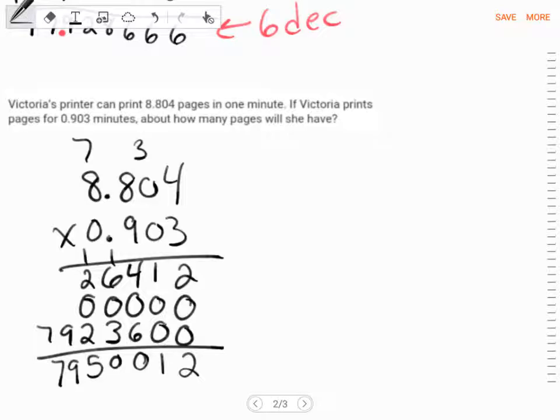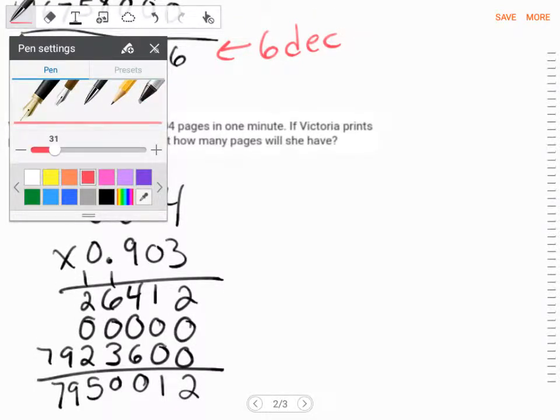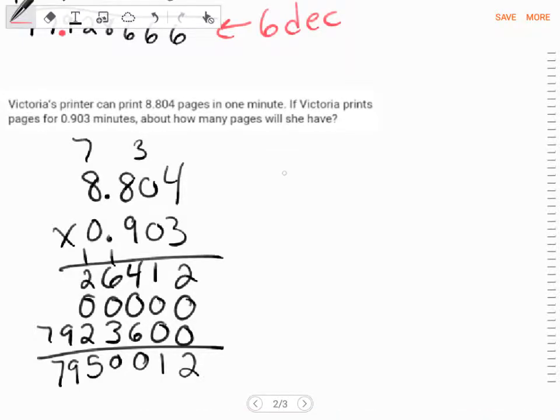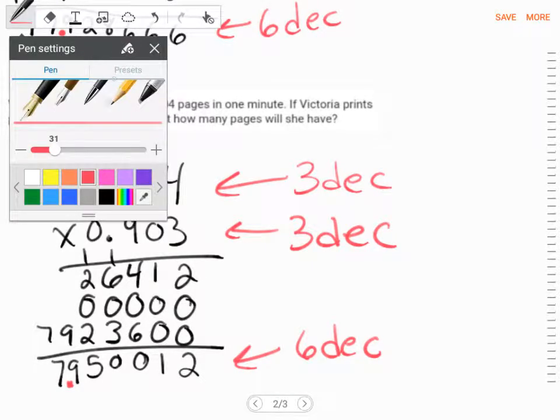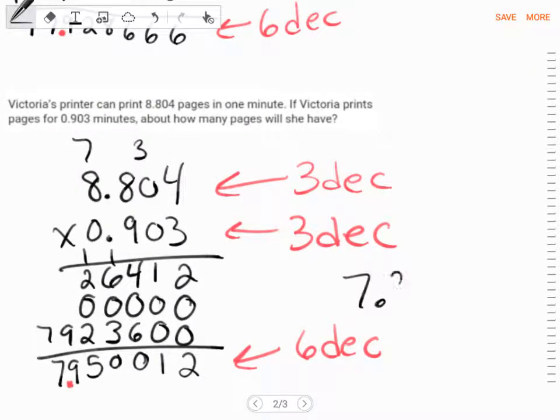Okay, so we got all this fun stuff where I'm staying where it is. Notice here we've got 3 decimal places, 3 decimal places. So down here we should total that up and have 6 decimal places. So count from the end. 1, 2, 3, 4, 5, 6. Decimal place will go there. So our answer is going to be 7.950012